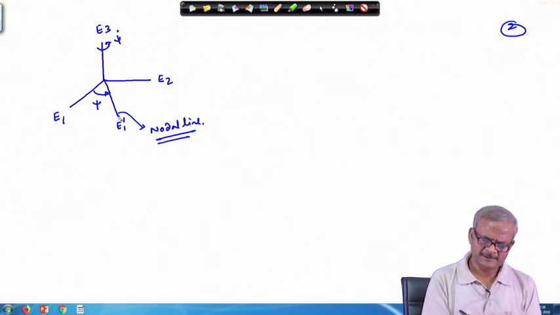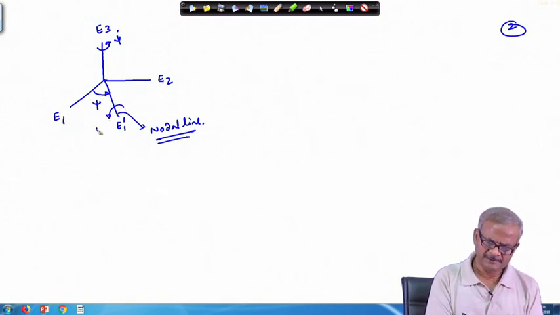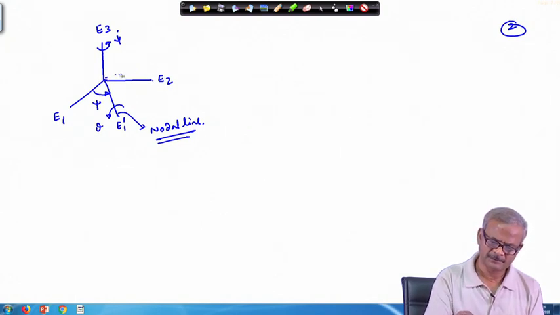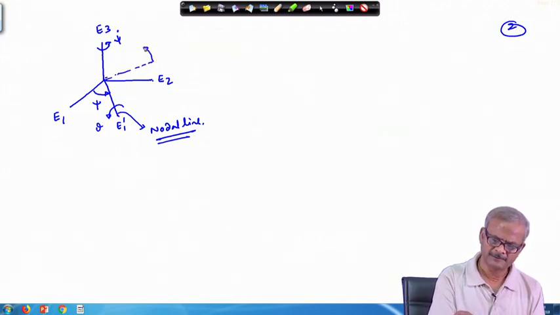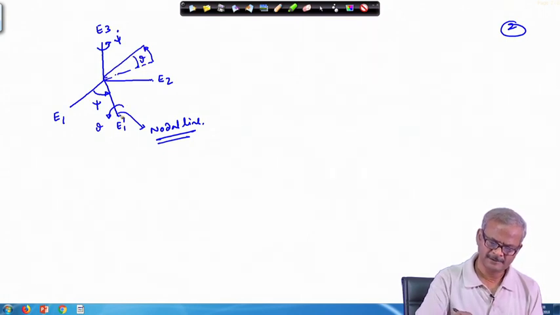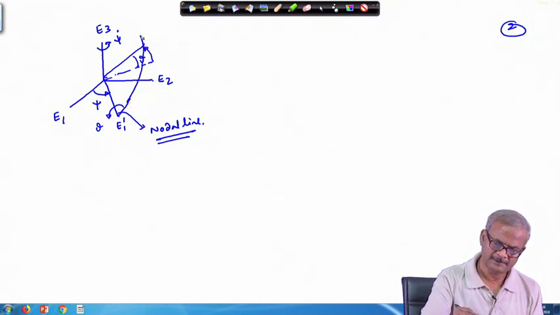Thereafter, obviously, you give a rotation by theta along this, and finally this E 2 will go from this place to this place. If you give the rotation theta, this will come out of this plane. So, it will appear here in this place. So, this is angle theta, and then these two are combined together, and it is given rotation phi.